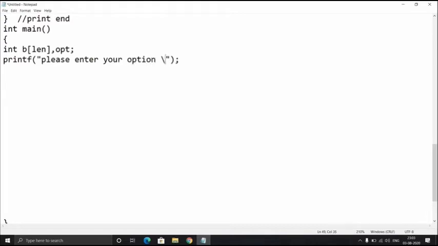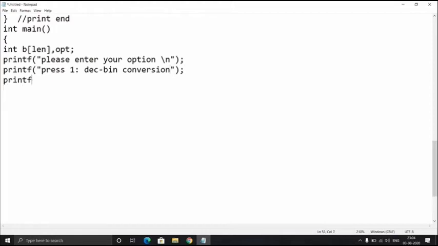Okay, please enter your option. I'm going to print this statement and another printf. I have declared an array B of type integer, and then option, for the purpose of asking the user to enter his or her option.